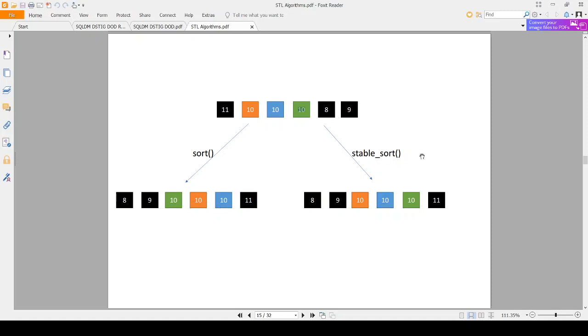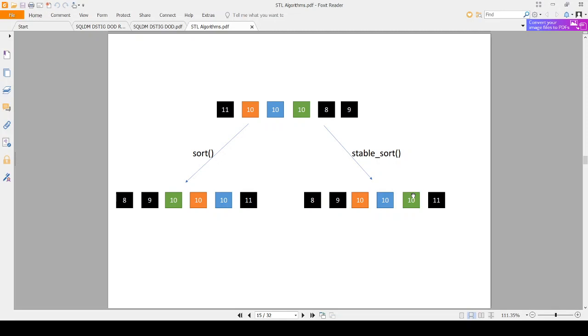In the stable sort, however, if the property on which we are sorting, like here the number 10, is the same between the objects, the relative order of those objects is preserved. So orange, blue, green stays orange, blue, green. This is a very important thing to understand, because stable sort can then be used in real life scenarios.